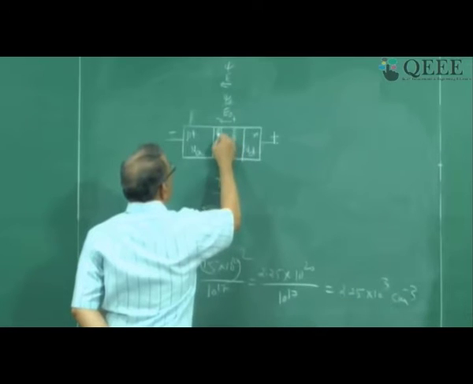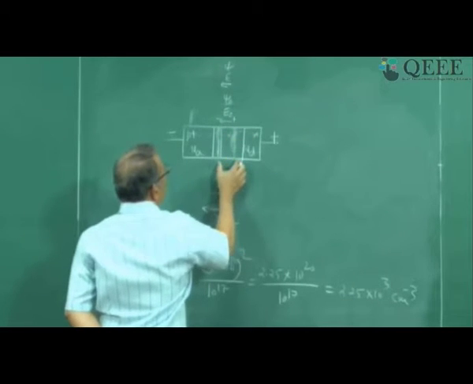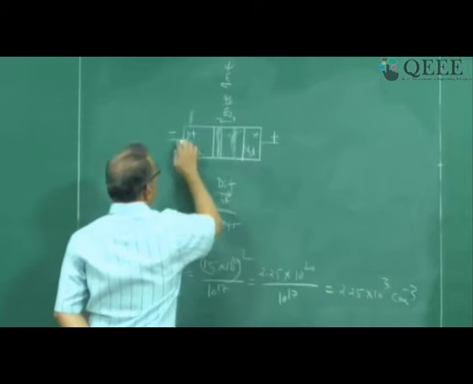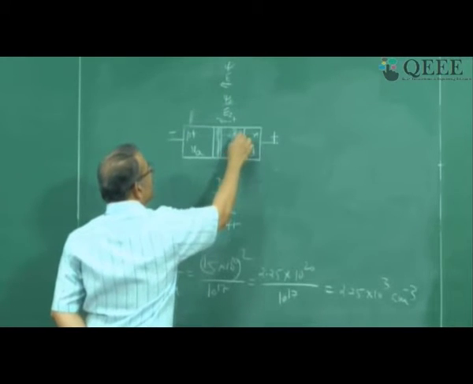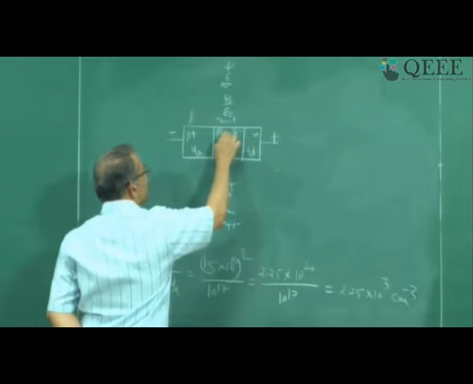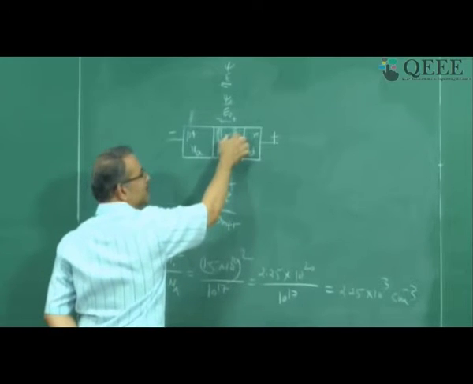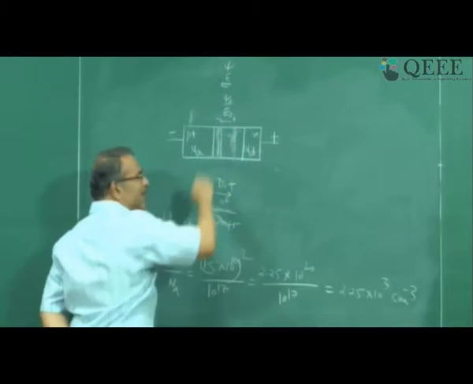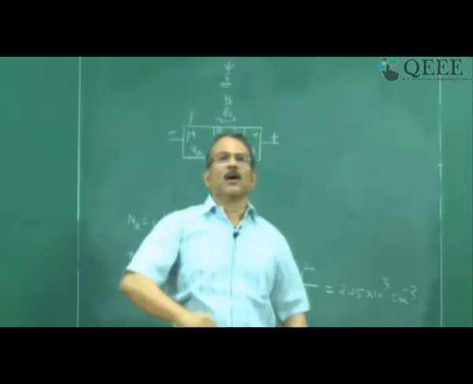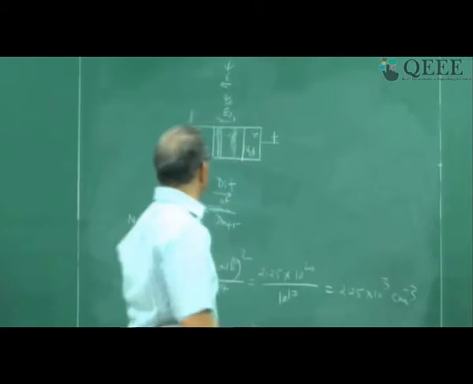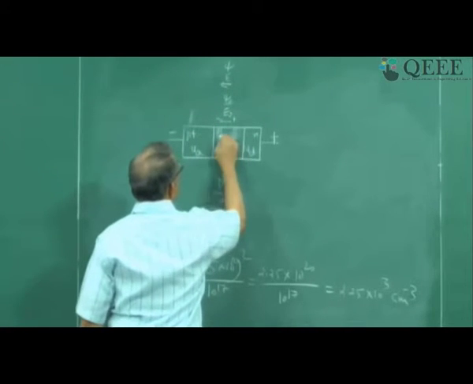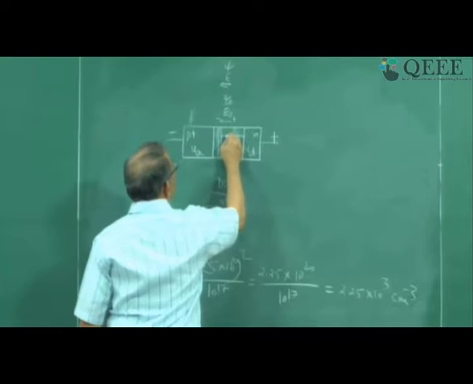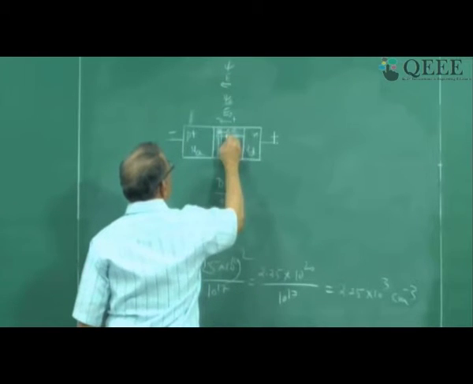Suppose an electron is moving like this. Now, because the reverse bias is high, this width is high, the electron can travel a long distance. It will gain a lot of energy while traveling. The electric field also is high. So the energy is so high that when it collides with a silicon atom, it will break the bond, giving rise to electron hole pairs. So what is happening is like this. This is the electron moving. At some point it is creating more electron hole pairs. The hole will move in this direction.